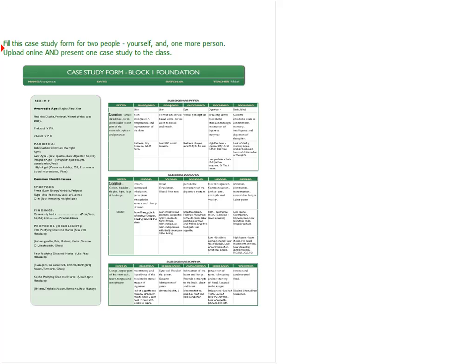Because when somebody walks in and tells you, I'm anemic, you should know how that translates into a subdosha of Pitta. You automatically know that Ranjaka Pitta is affected, or if somebody has a lack of digestive enzymes and has been taking digestive enzymes, you know that their Pachaka Pitta is low. And so we expect you to do this case study form for two people. The first person you will do it for is yourself. Very easy. It's in an Adobe format. So if you have the latest version of Adobe, you can use Adobe to fill this up, or you can print it out, fill it up and upload it online, whatever you want to do.